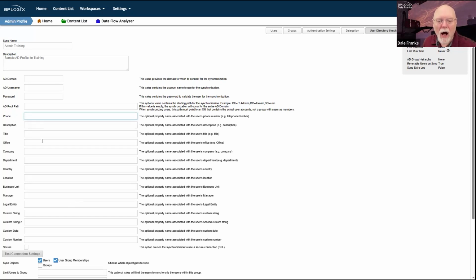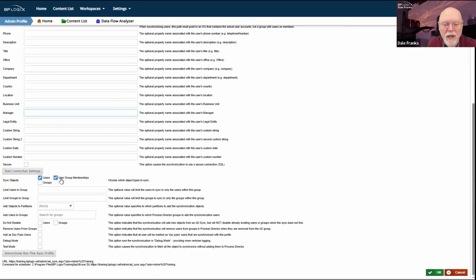There are all these other fields, however, that exist in the user account and you may have that data stored in Active Directory as well, and you can bring that data over. For example, if you have someone's supervisor in Active Directory, you can bring their supervisor over, or I believe it's their manager. You can bring their manager over, and it will automatically hook their manager up with each individual user in Process Director.